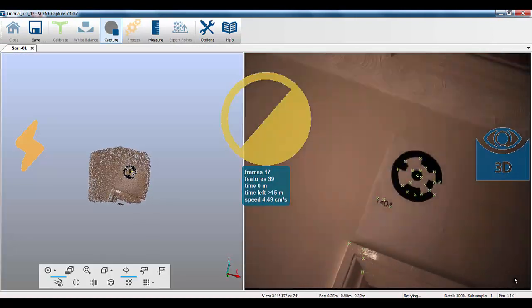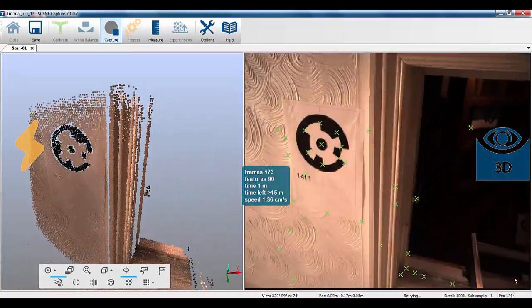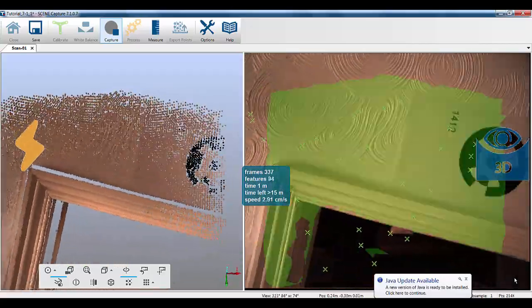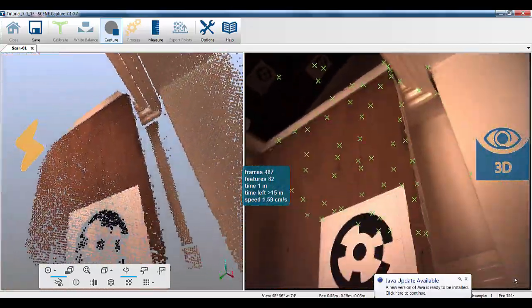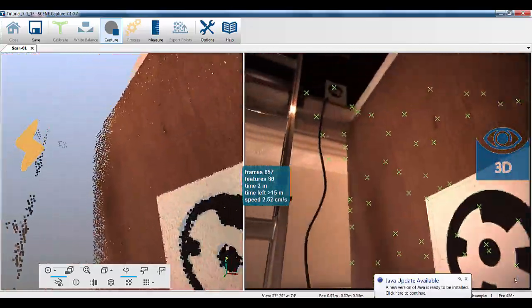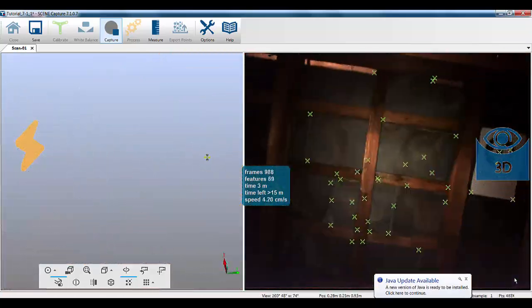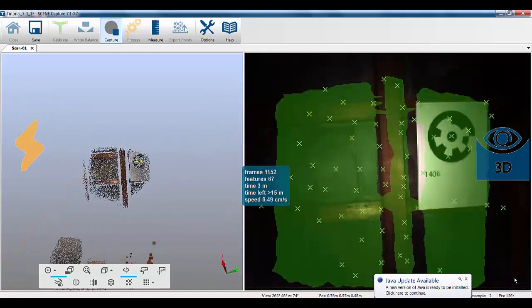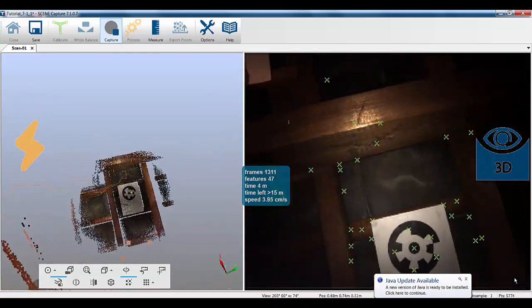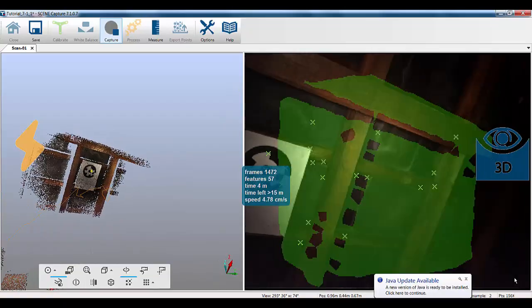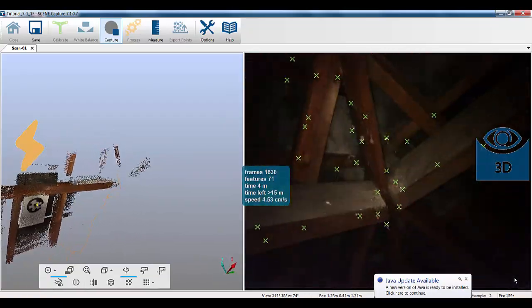The scenario is very simple. We're trying to get into a loft space. So I'm using the Freestyle as the linking scan from the first floor into the loft space. I've done a scan at the base with the Focus, a scan in the loft space with the Focus, and I'm using the Freestyle and the new markers in order to get into the loft space itself. Here you can clearly see we've picked up the markers, and then I move around the loft space and